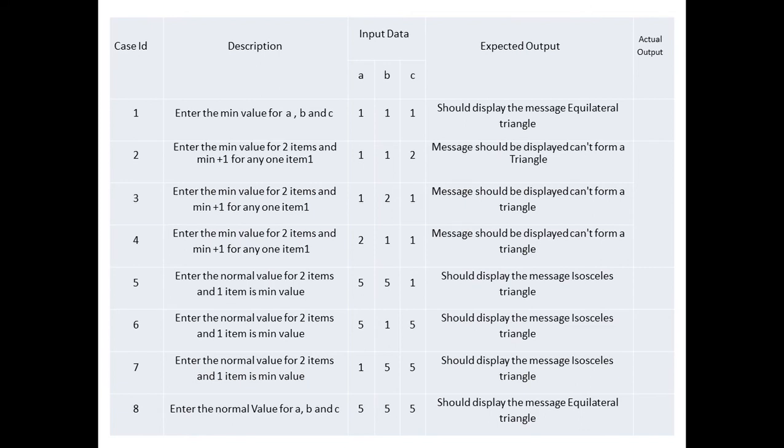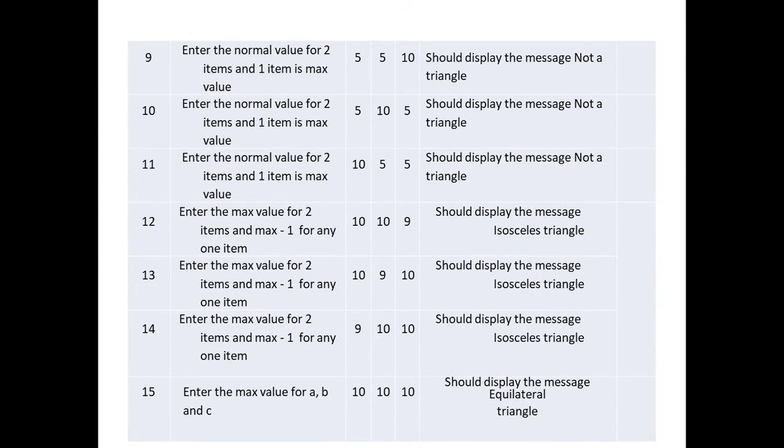So in the test cases, as I told, you need to form all possible combinations of test cases, but here we have mentioned only 15 test cases. So while finding the possible combinations, what happens, sometimes there will be repeated test cases, which you have already tested, and there is a possibility like you can get the same test case once again while performing the combinations. So for that reason, you will eliminate all the redundant copies of test cases and retain only the unique test cases. So hence we have total 15 test cases.